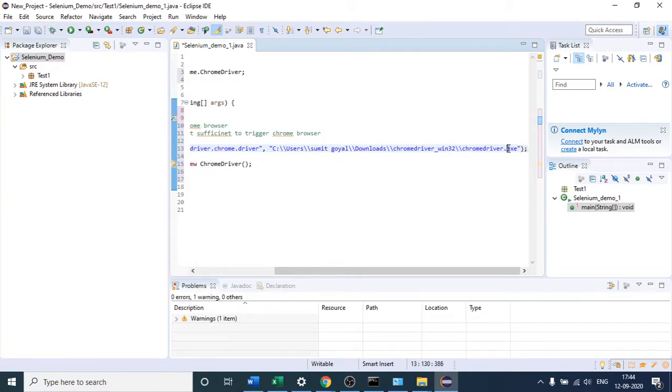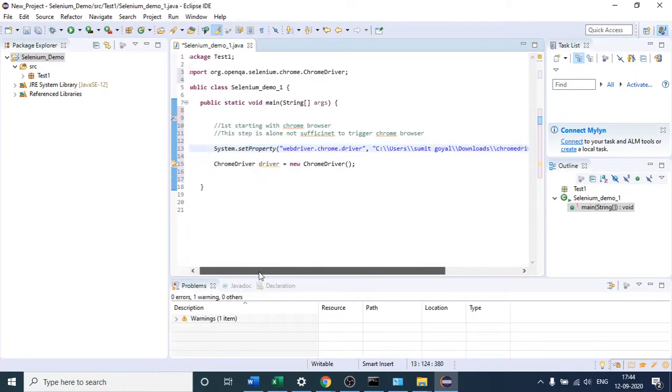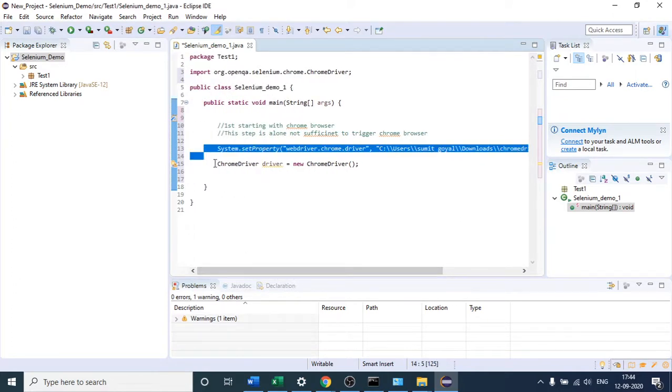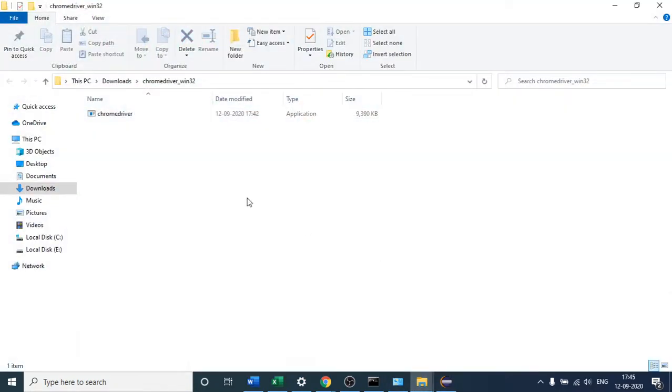So after doing this step, what have you done? Again, I am saying why we are using this step. For the Chrome browser, the guy who developed the Chrome browser has said that Selenium is a third party tool for me. I will not allow Selenium directly to invoke my Chrome browser, but so that Selenium can invoke my browser, I have provided one .exe file, right? This is the .exe file which we have downloaded. You can see this is the file, right? I have provided this file.